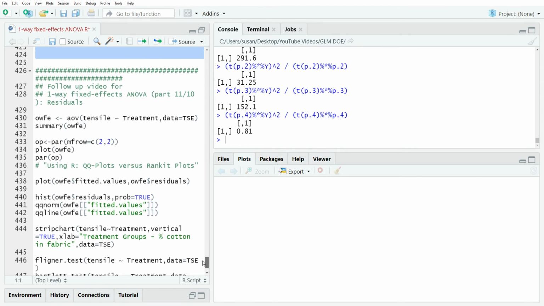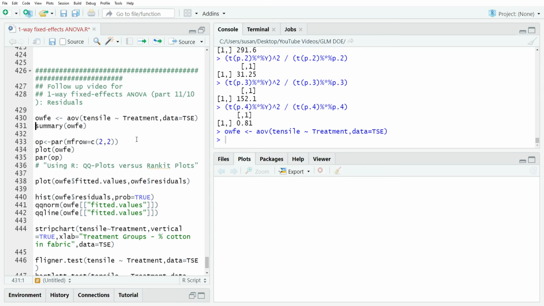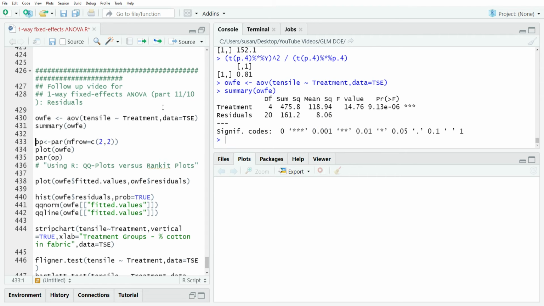So now here we are at part 11, and just to re-illustrate what we're doing, we run an ANOVA model on tensile strength by treatment, and we store it in the variable OWFE, which stands for one-way fixed effects. And if we look at the summary of this, the p-value is really small, it's highly significant, and